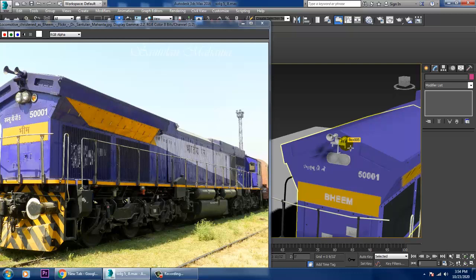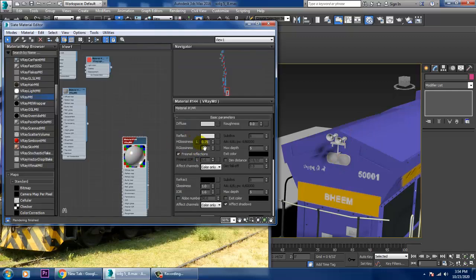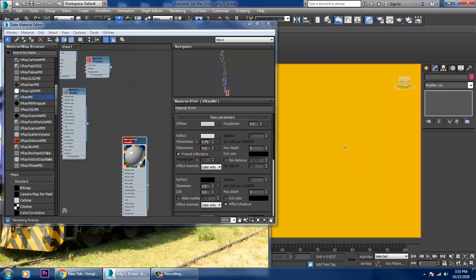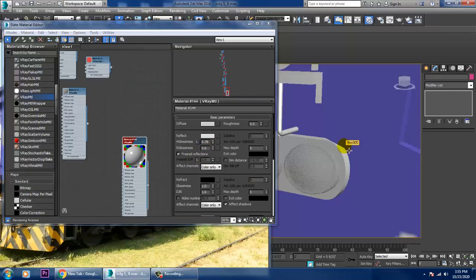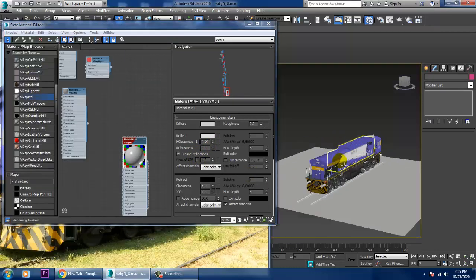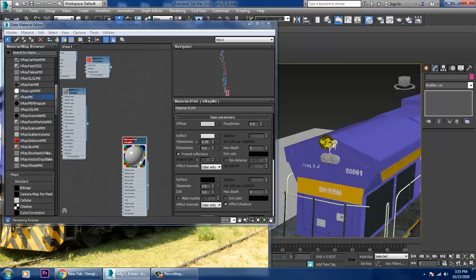So now what I have done over here is, if you want to give some more reflection to it, alright, so same thing, we'll be assigning it with this also.